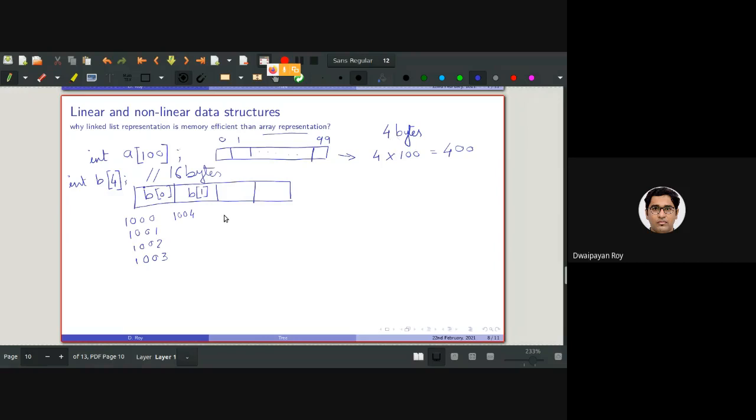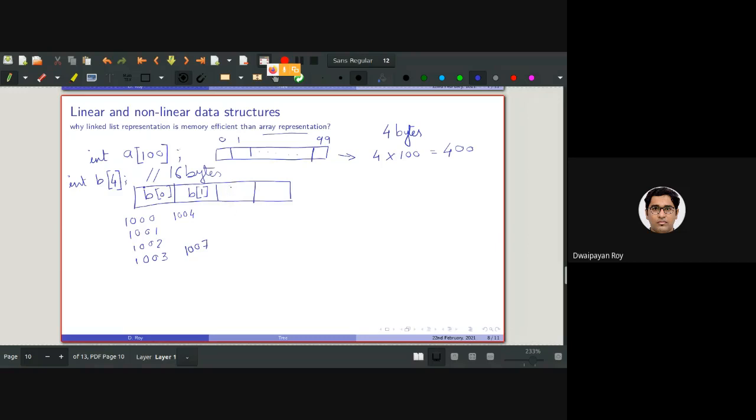As integers take 4 bytes in your memory, from the memory location 1000 to 1003, the data in B0 is stored. The next, B1, will be stored from 1004 to anyone? 1007.